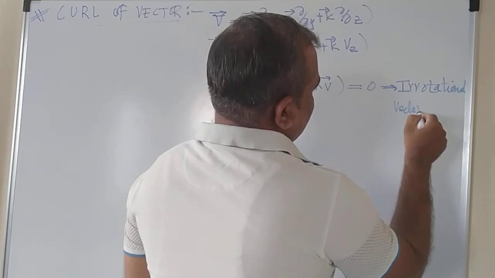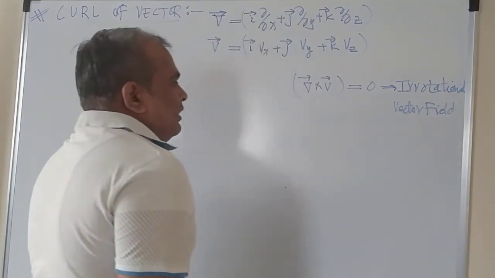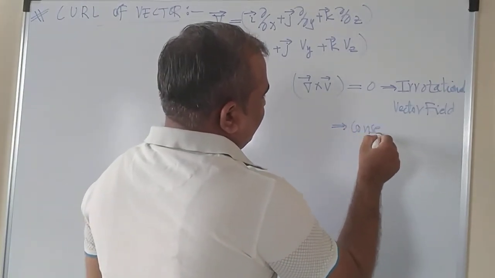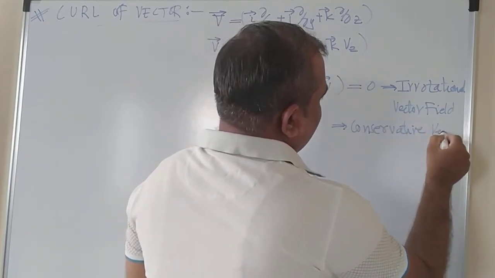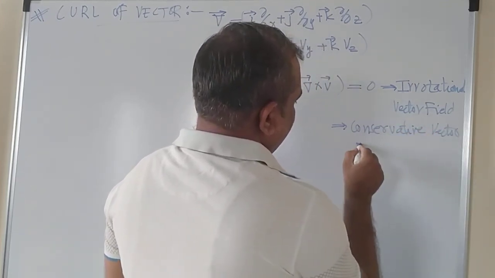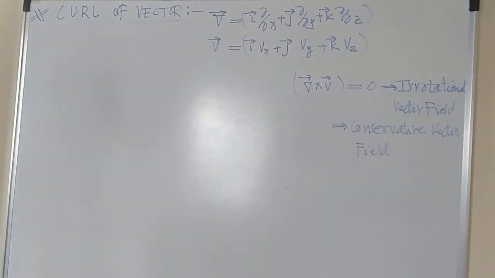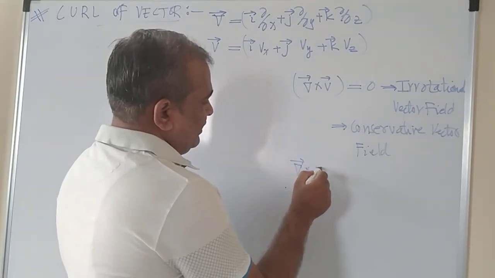It is called an irrotational vector field. The same thing is also called a conservative vector field. Got it? Right? If the curl of the vector is